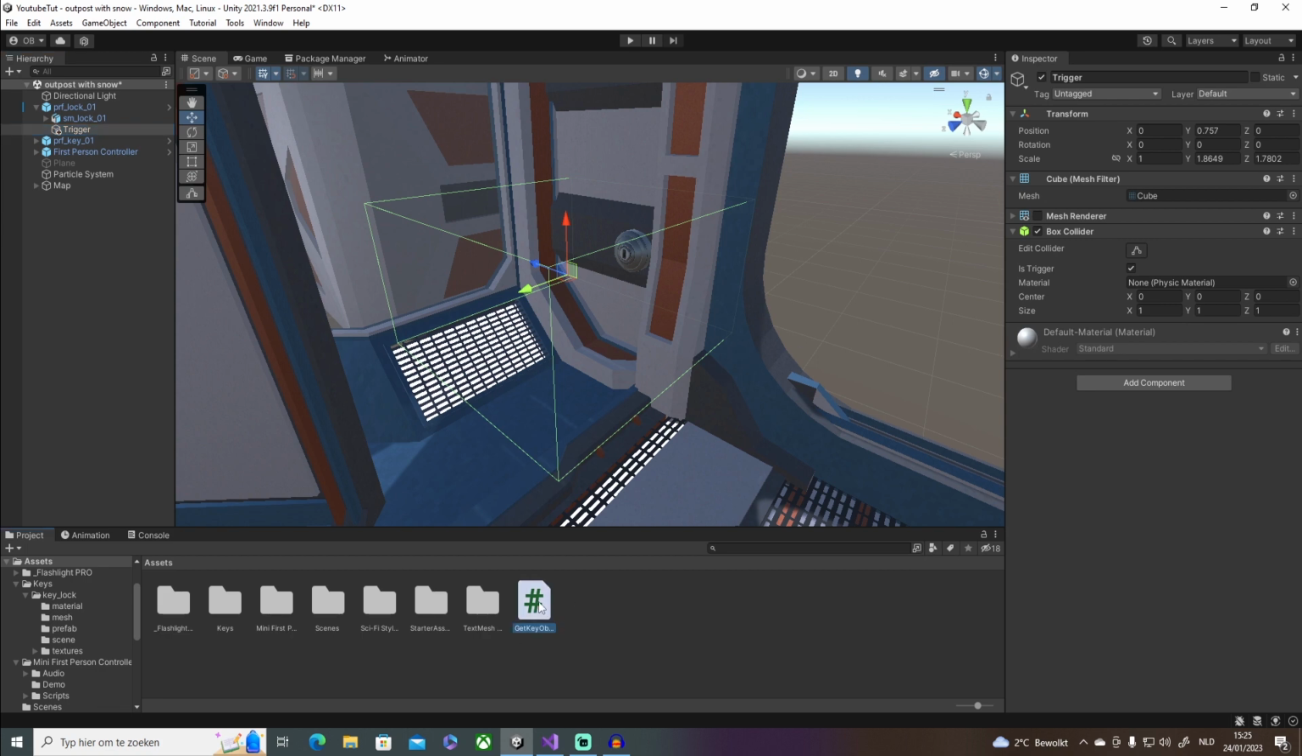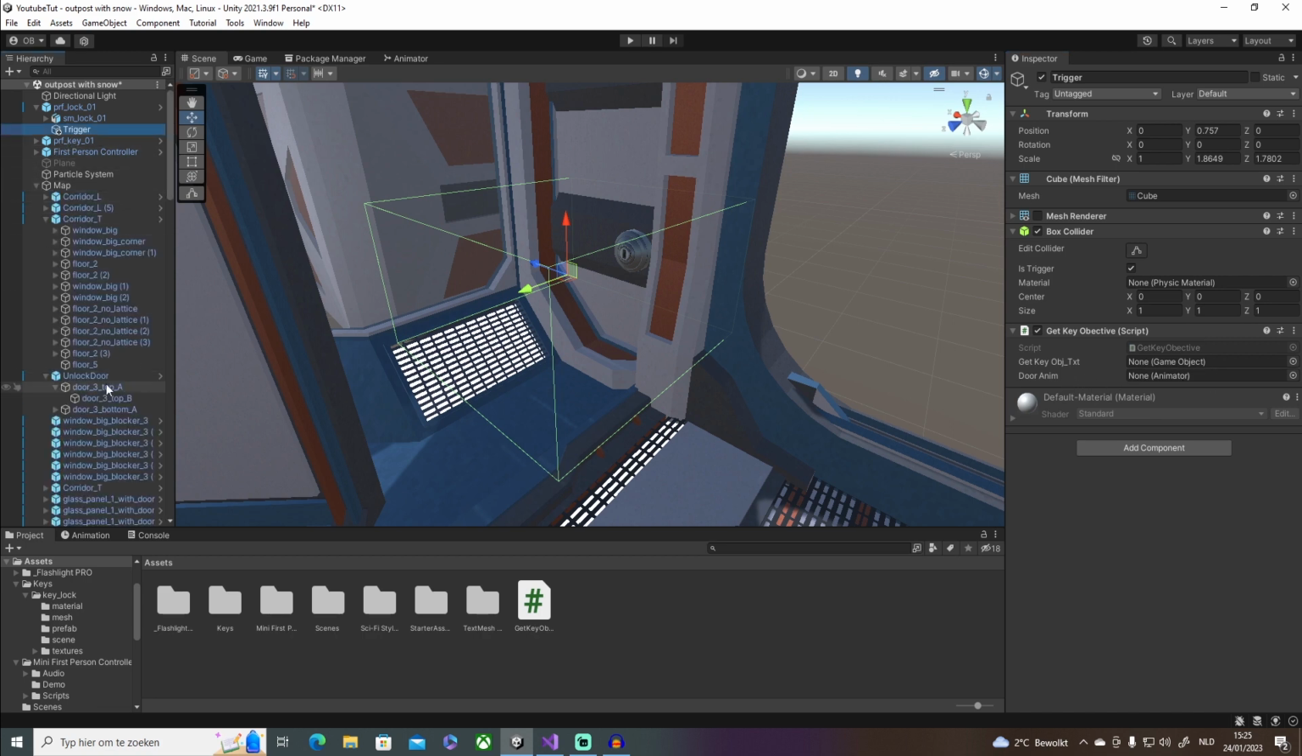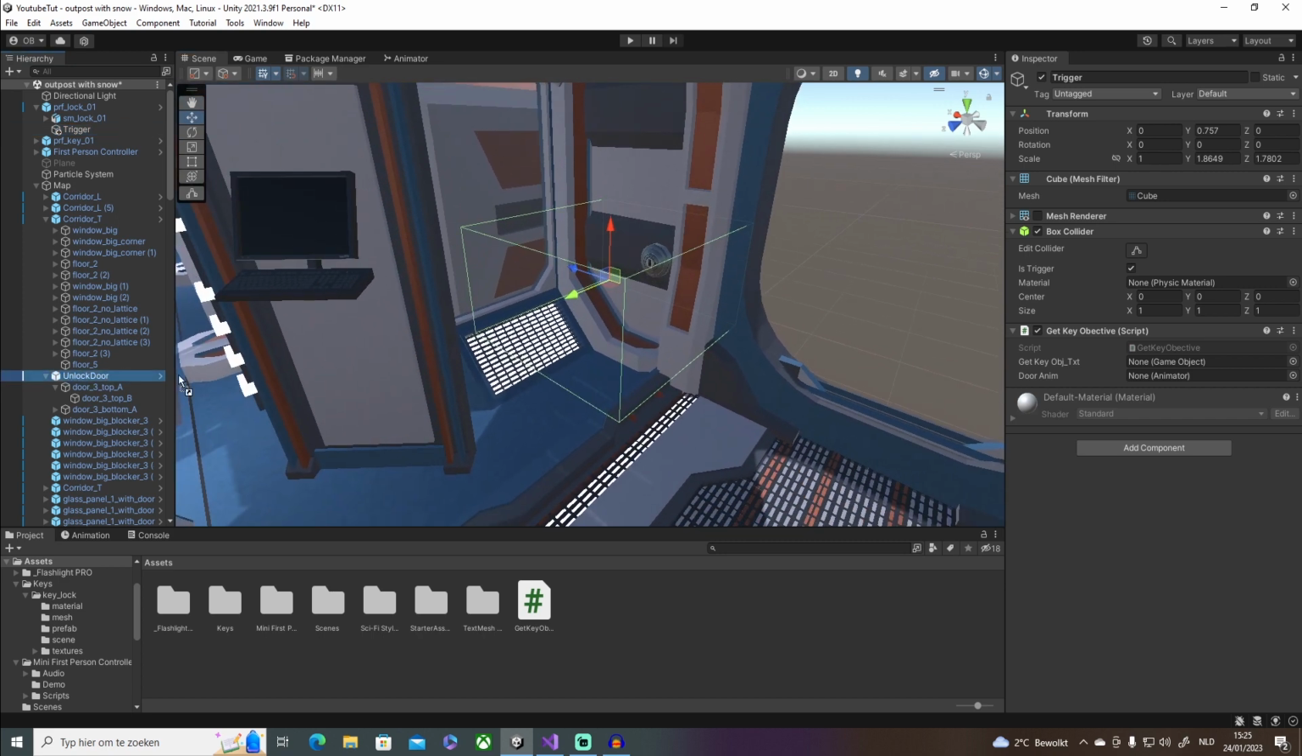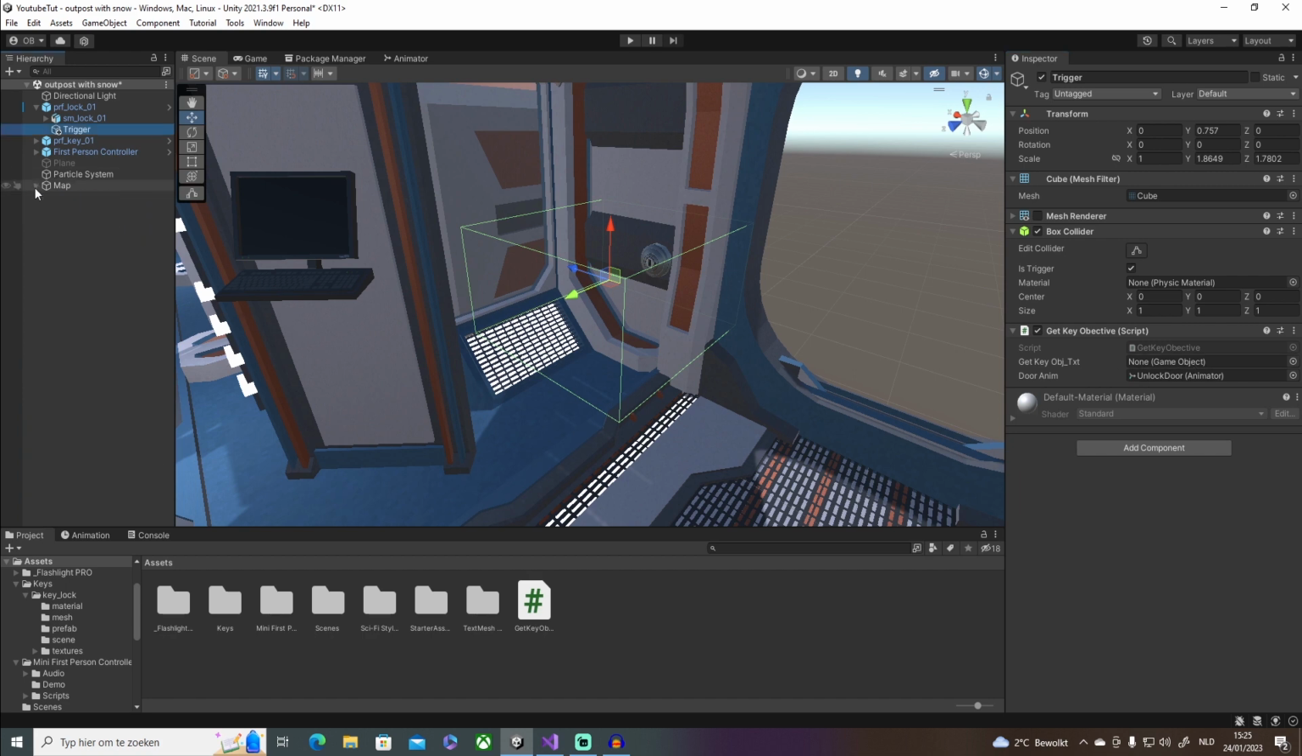In here, I'm just going to click and drag in the script. Get key object, will make that in just a second. And this is our door. So unlock door, which is this door, by the way, just in case. Boop. And there we go. We have our animation controls. So we also need our get key objective text, right? So I don't think that I have, yeah, we don't have a